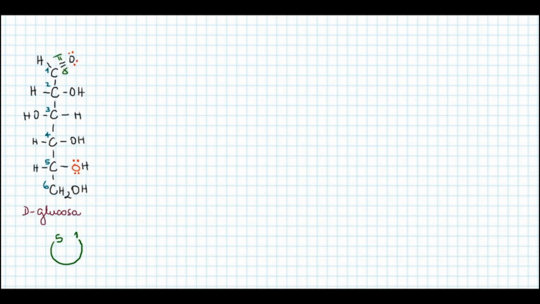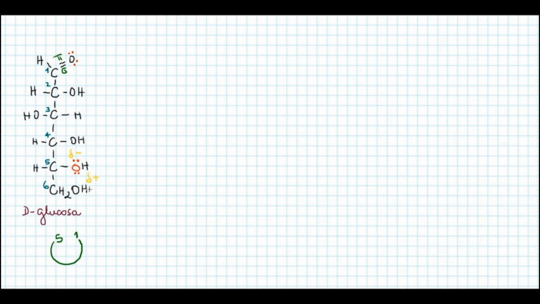We also have two pairs of non-bonding electrons that indicate the high polarization of that bond. On the other hand, carbon 5 contains the hydroxyl group, where oxygen has a negative charge density, that is, it is a negative dipole, and hydrogen is a positive dipole